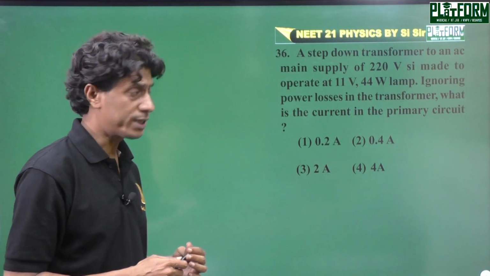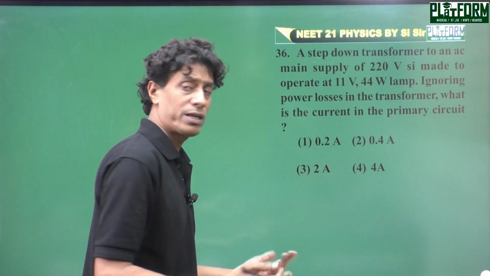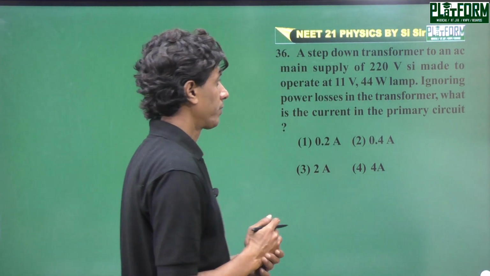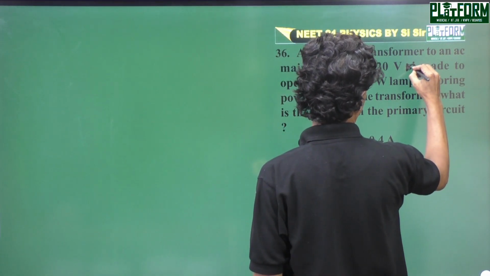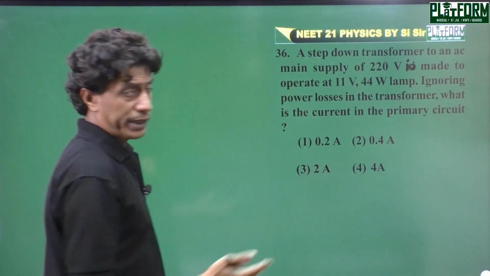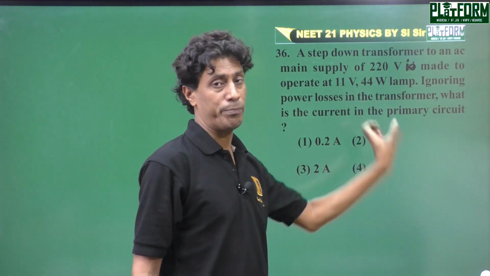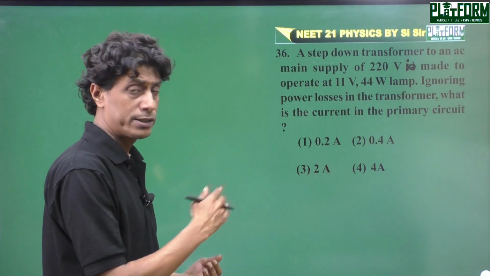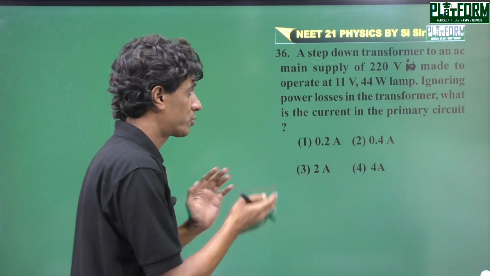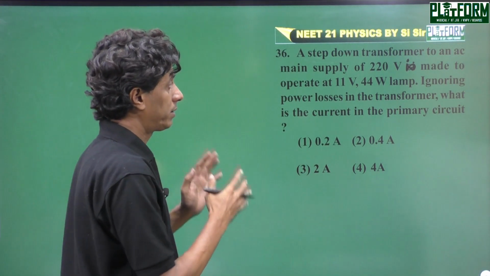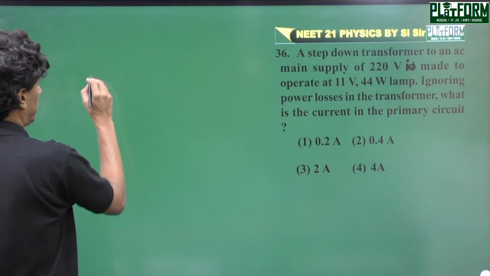Question number 36. A step down transformer is connected to an AC main supply of 220 volt, and is made to operate 11 volt 44 watt lamp, ignoring the power losses in the transformer. So this is an ideal transformer. This problem is also taken from alternating current. And in the case of a transformer, if the